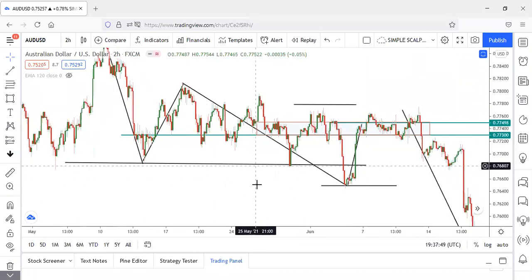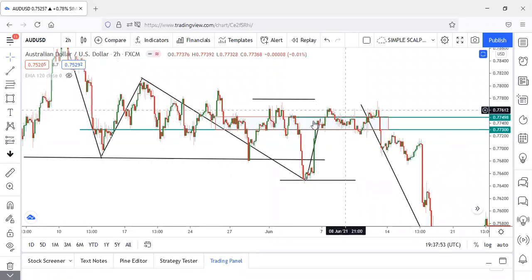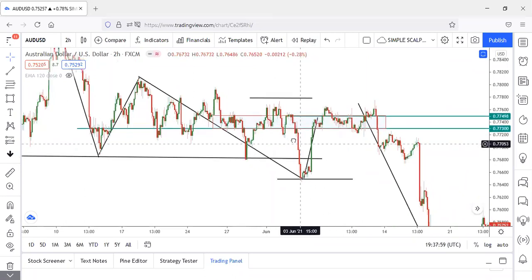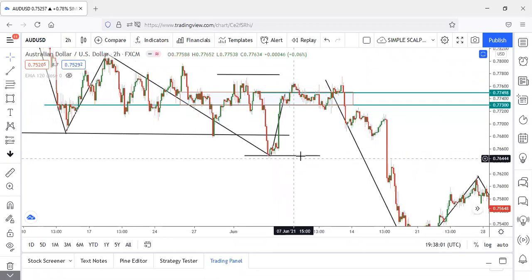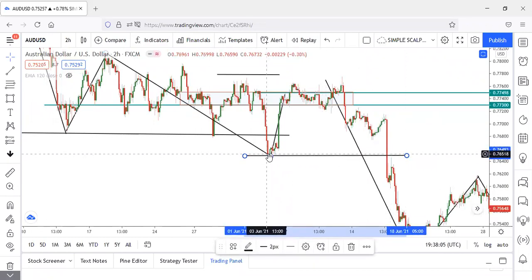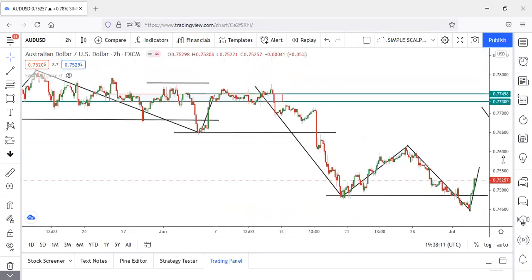So now, guys, once you have this, you already know the area price is ready to return. Then that is the area you want to start looking out for your trade. Then write the trade to the downside. Once you have your first take profit right here as this target, then you can say, okay, you want to pick your next profits